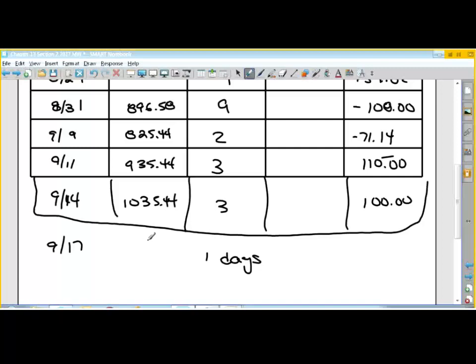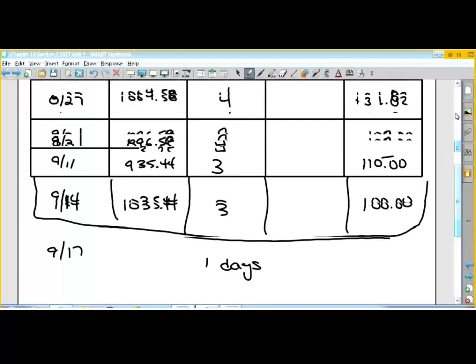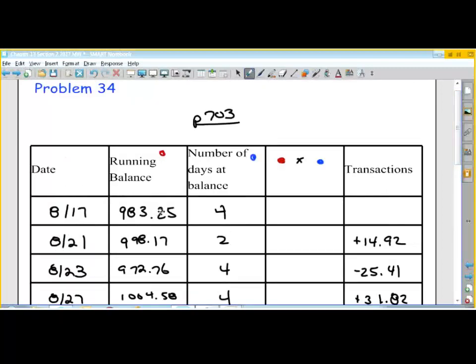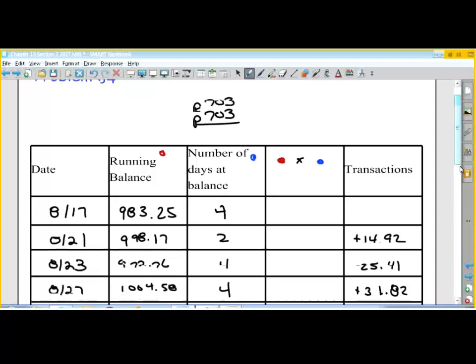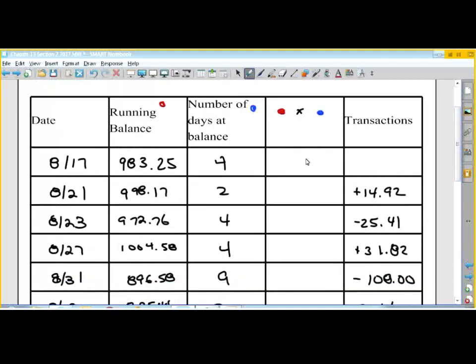And then I come around to the day here when I'm back to my original. This is the end of the month, and that's where I pay. That's where I figure out what my interest is. So I'm going to figure out what the interest is based upon what I've done so far. So again, I start with an initial amount that I owe. I go through various transactions that decrease or increase. Usually it's the I'm increasing the balance. I buy things more than I get it back. But